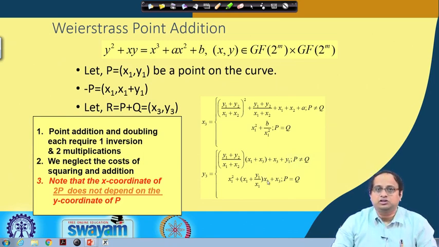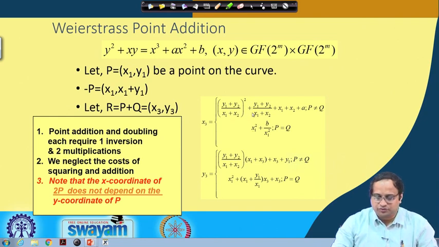Note that I am neglecting the operations due to squaring and multiplications with constants, because for them I do not need a dedicated multiplier. When I am doing multiplication with a constant, I can optimize it. When I am doing a squaring operation, we have seen it is much simpler, and in fact, in some basis representations like the normal basis, squaring is nothing but a rotation. So, you can do it quite simply.